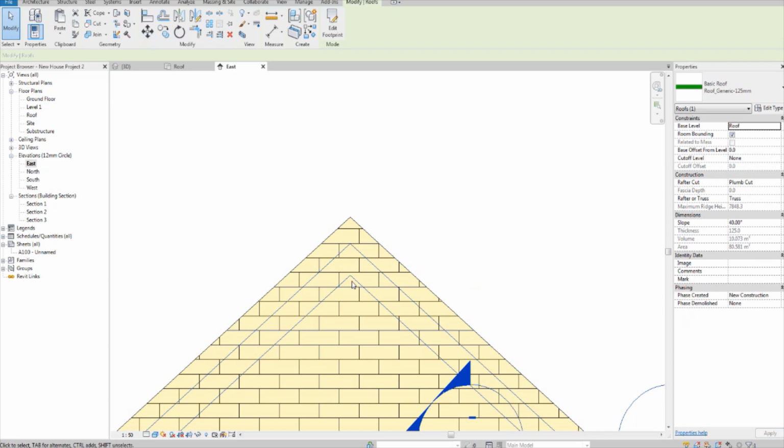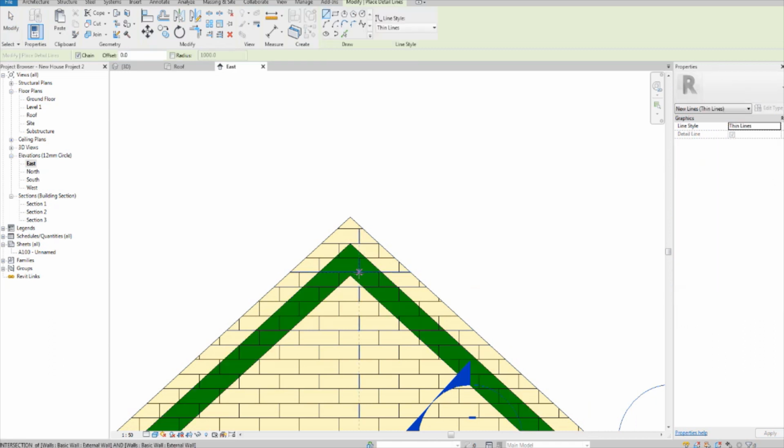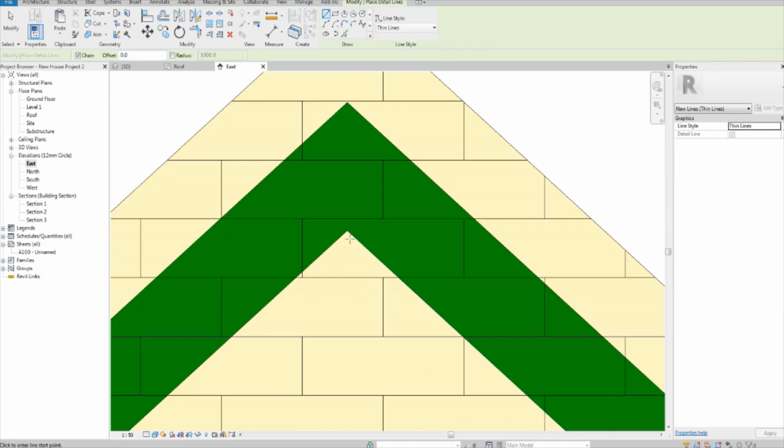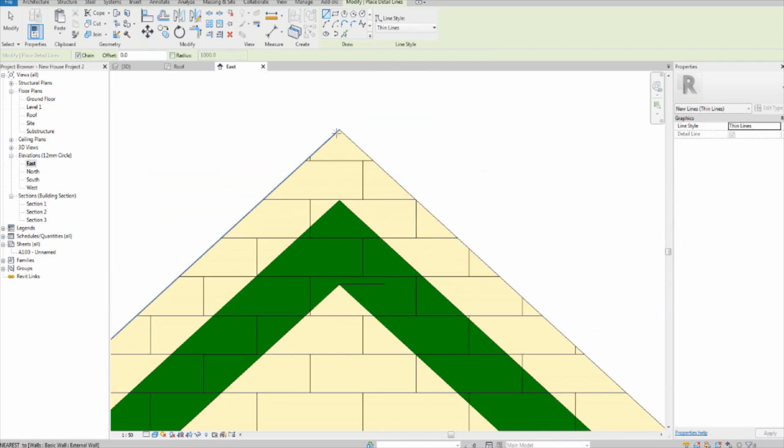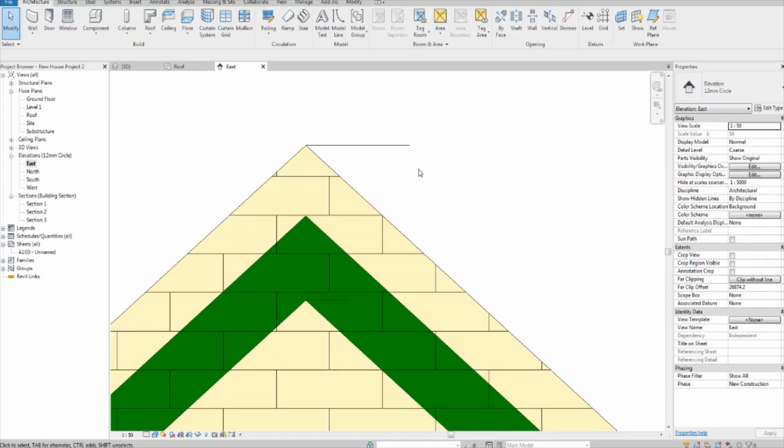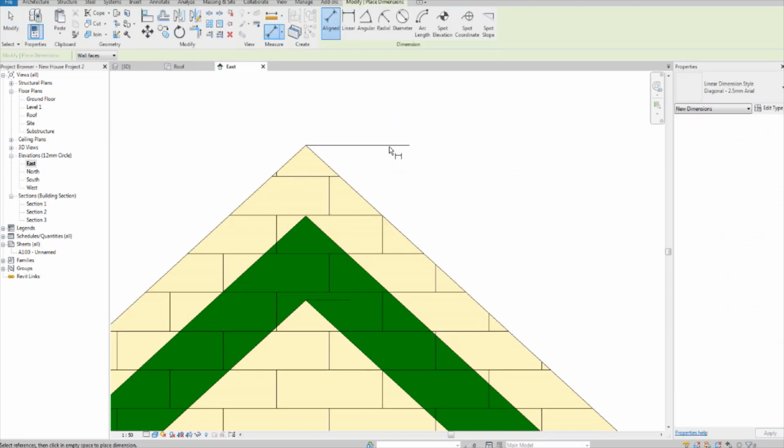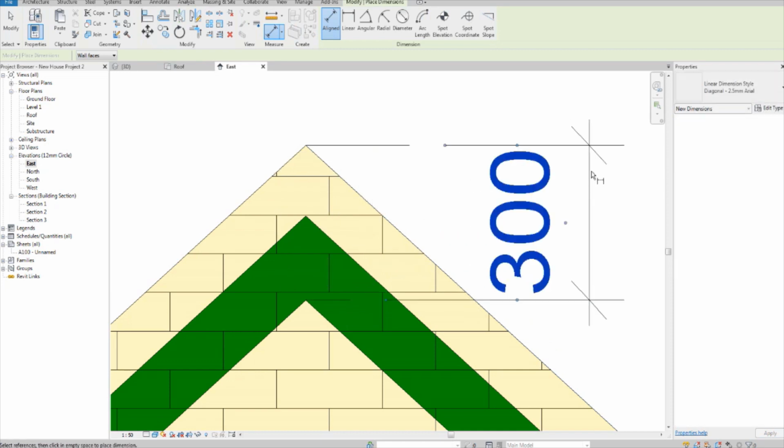Now if I hit DL and I select the bottom of this roof here and just draw a quick line out like that, and the top of the wall and draw a quick line like that, then hit DI on my keyboard for dimensions, click, click. It's a 300